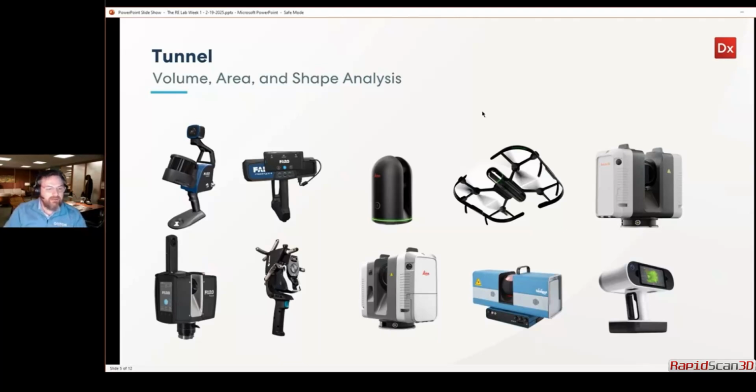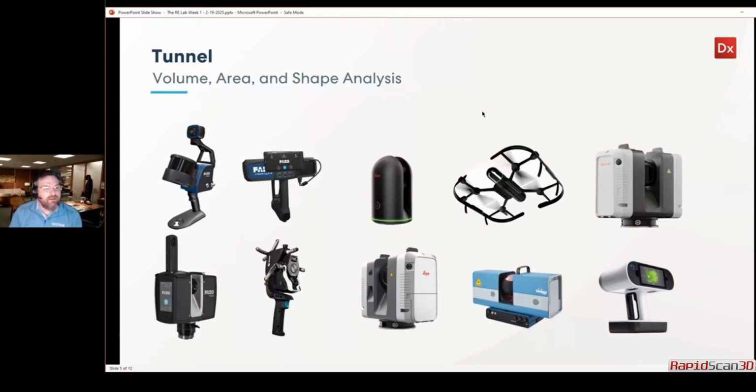Between the Faro and the Hexagon, Leica, and Surphaser and Artec here, we have all kinds of different devices, and you see these are primarily, if you're familiar with any of them, focused on long-range applications. So they capture information, what I like to say, in the size of your room or your entire building to an entire job site. So that's the category these scanners are focused on. And some of them are different volumes, right? And they have lots of different types of data collection